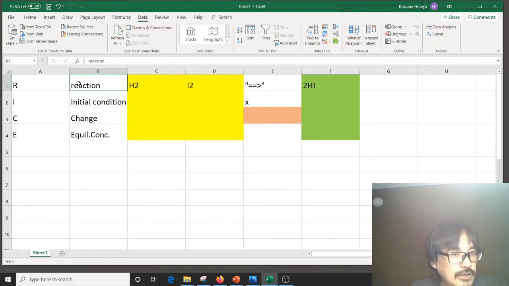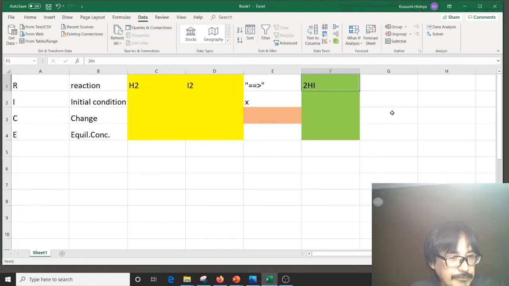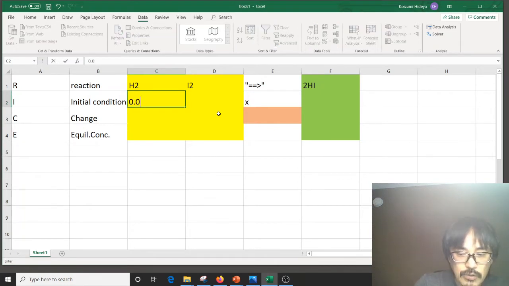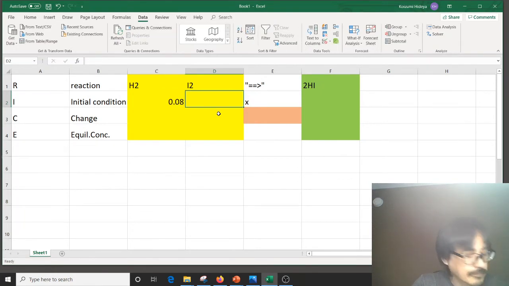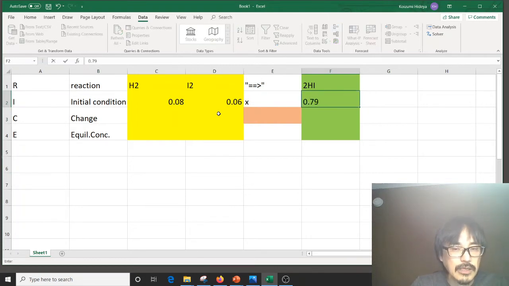For the reaction, you literally write the chemical reaction: H2 plus I2 becoming 2HI. Then the initial concentrations: H2 is 0.08, I2 is 0.06, and HI is 0.79